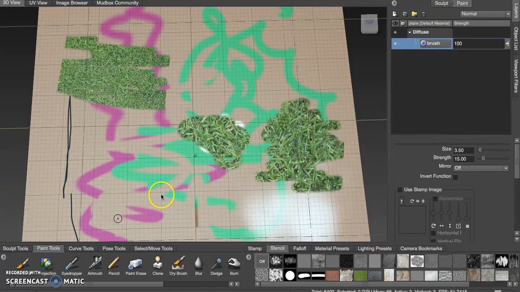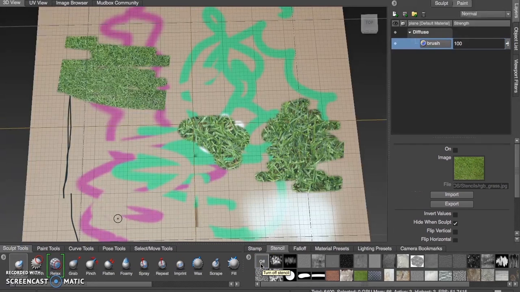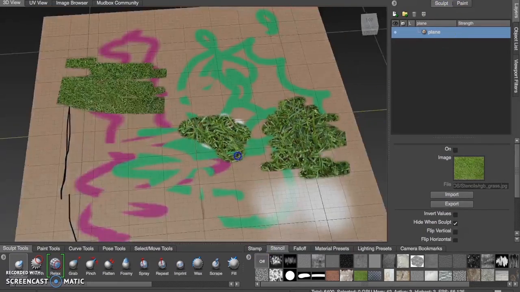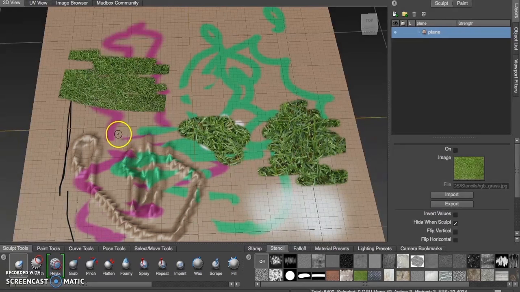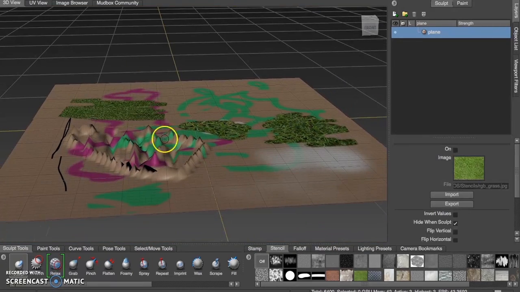Alright, so this last brush we need to look at is this dry brush. Now this comes into play when you've got your mesh already molded with detail. So we need some mountains and some valleys for this to work. So let's just really quickly go to my sculpt tools. I'll make sure my stencil's turned off. I'll go into my sculpt, and then we'll do a little mountain, we'll do a little valley, just so you guys can get the points here. All right, so what I'm dealing with is this. You can smooth a little bit, but